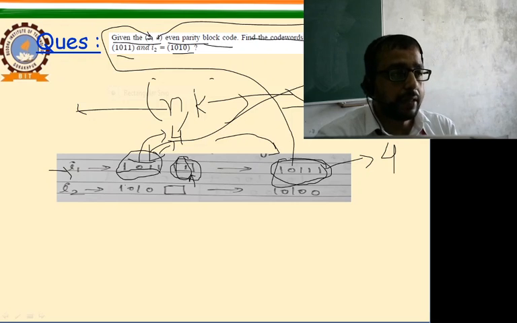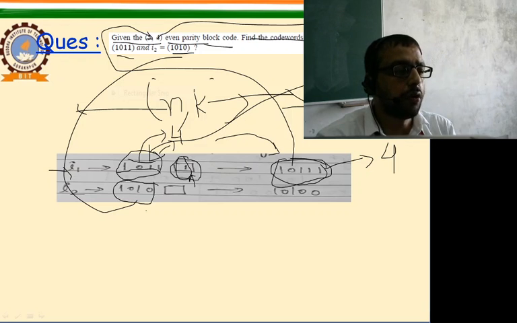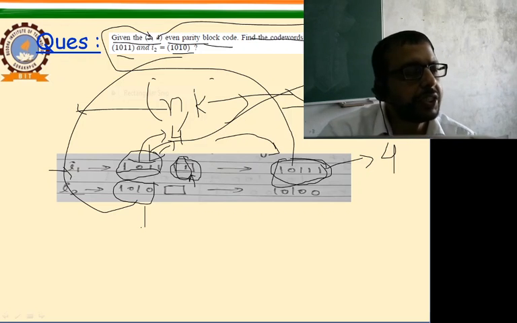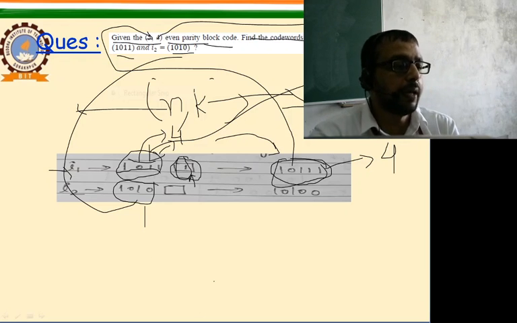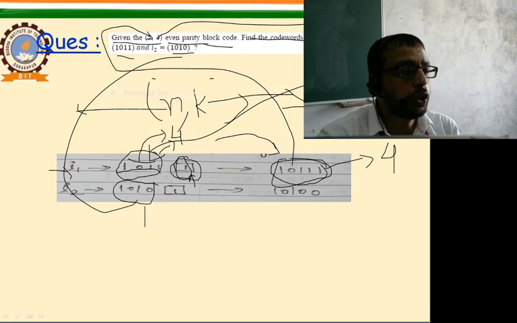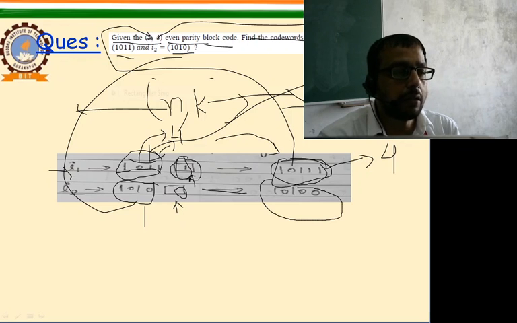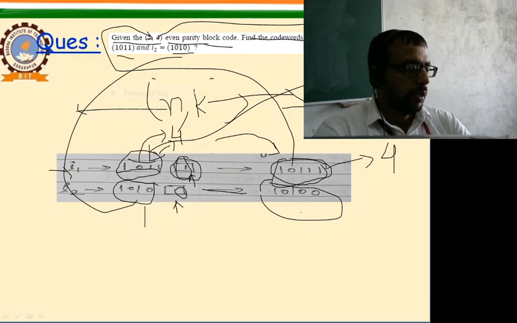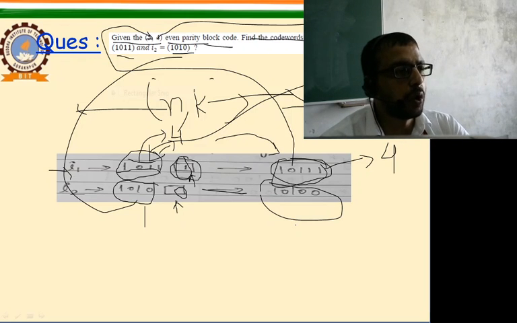After that, the second message is 1010. If we count the number of ones in this message, it is already even, that is 2, so there is no need to change the number of ones. What should be the value placed here? It is 0, because in binary there are two numbers used, 1 and 0. If we place 0 as the fifth bit, the overall number of ones does not change, since it is already even. Finally we get the encoded message 10100. So this is the solution of the first question, which belongs to section A, part J in the session